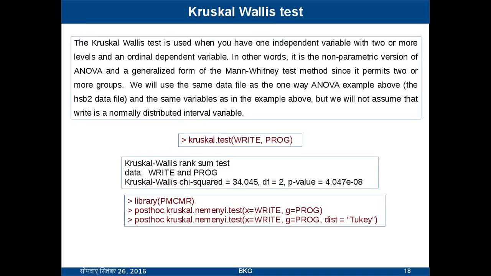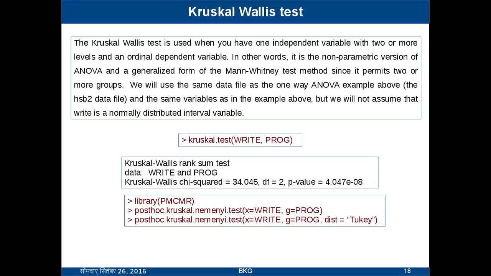Now the Kruskal-Wallis test is used as an alternative to one-way ANOVA, that is when we have one independent variable with two or more levels and an ordinal dependent variable. In other words, it is the non-parametric version of the ANOVA and a generalized form of the Mann-Whitney test, since it permits two or more groups. Now we will use the same data file and the same variables as in the one-way ANOVA example for performing the Kruskal-Wallis test. The R code is